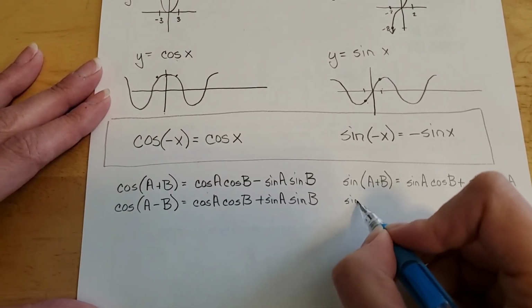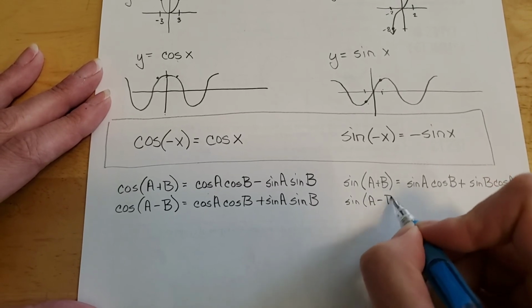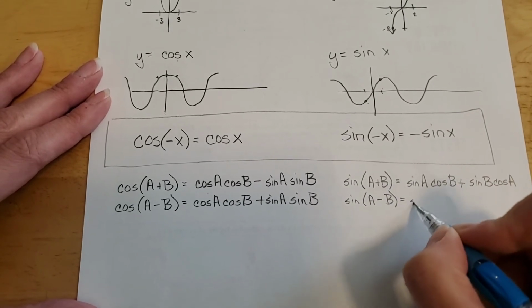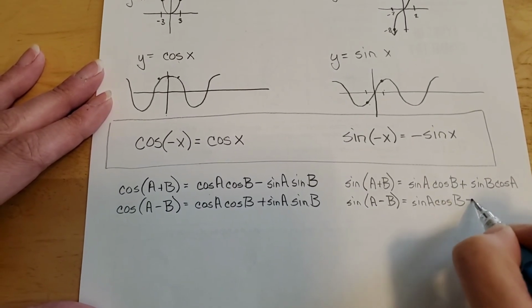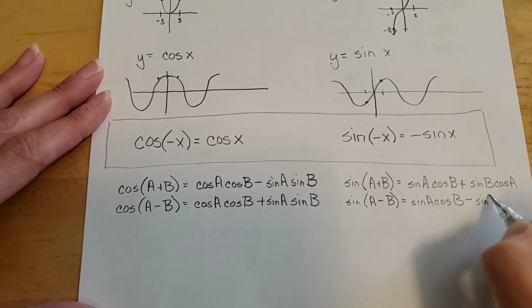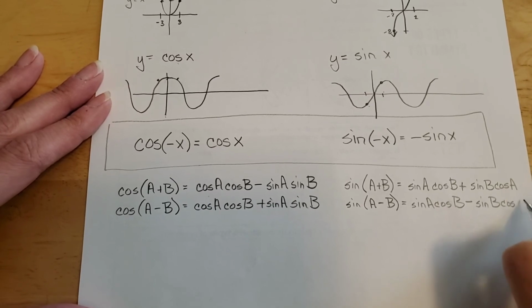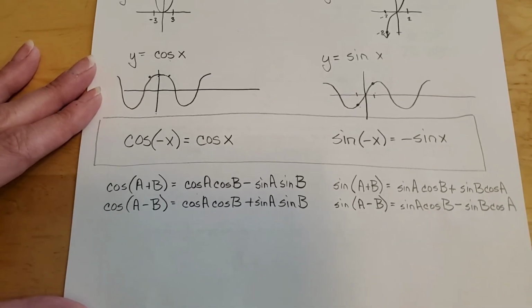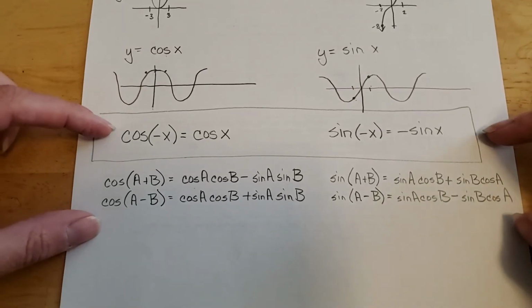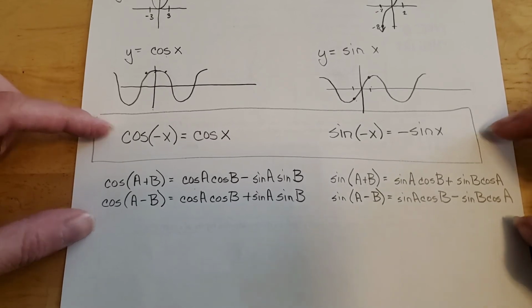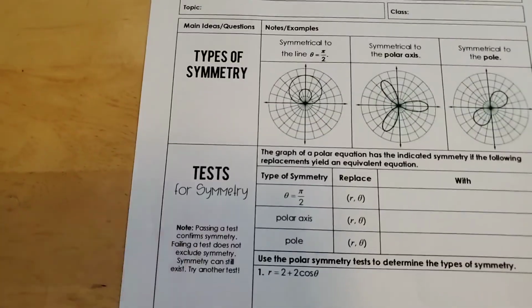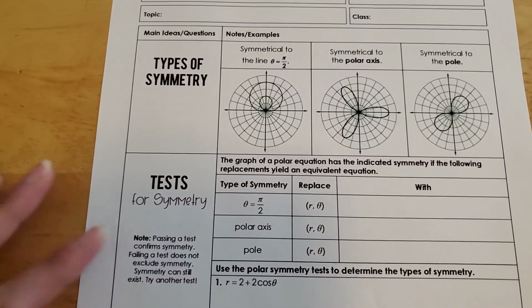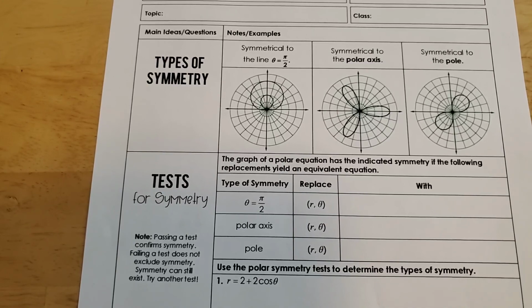And remember that if you change that to the difference, just the sign changes. So sine A cosine B minus sine B cosine A. And so these are our trig identities that we're going to be putting into use in polar form. So you're just going to want to keep those handy. I'm going to flip that around. Now, let's come back to these